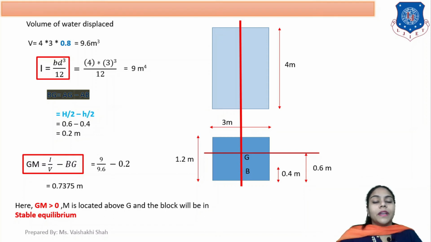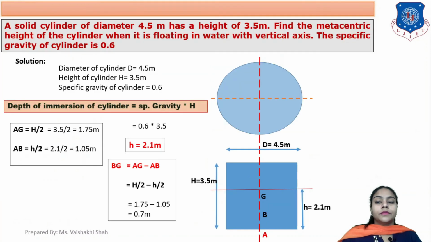So if GM is greater than 0, then M is above G, and if M is above G, then the body is in stable equilibrium. Okay, so this was the example for a rectangular block. Now our next example here,